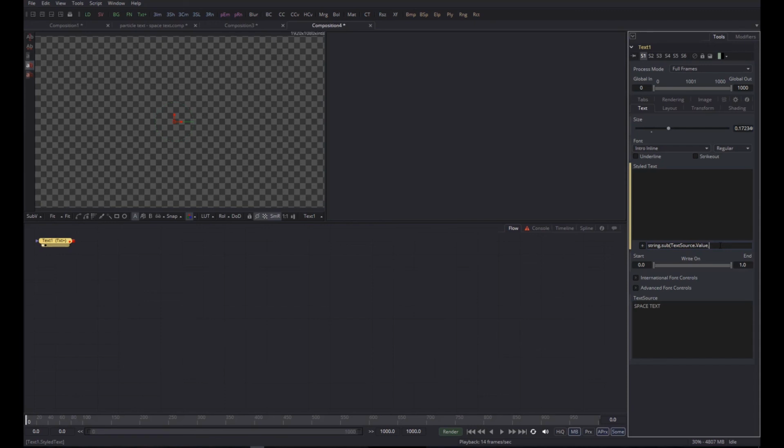So if I want to take the first letter, basically say, okay, start at the first letter or character and end at the first one, what you get then is the S. If I say take the first one and end at the second one, then I get SP. If I just want to display the P,